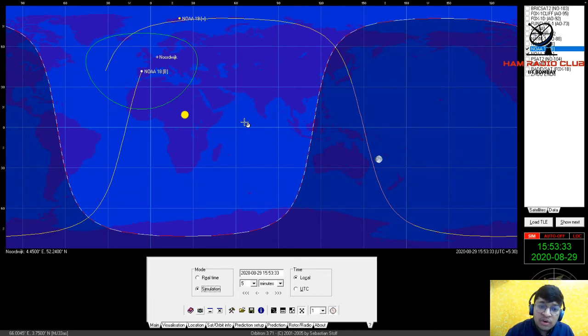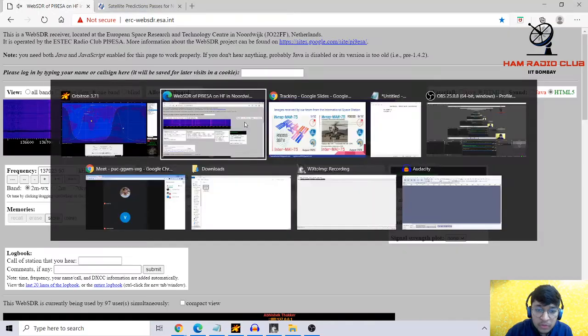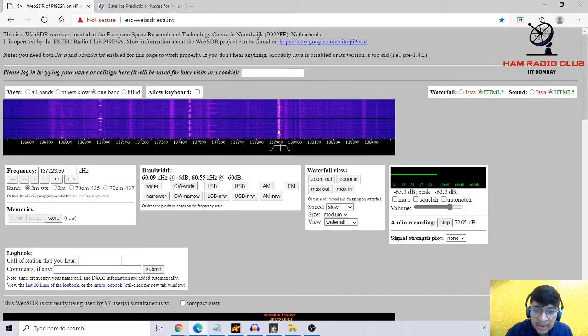But N2, I would recommend you to prefer N2YO because it gives the exact time. This gives a pictograph representation which is not so precise. So that is why you should use N2YO. So we are done with this. As you can see, the pass is again deteriorating because it is again going back to the horizon. So I'll wait for 2-3 more minutes.